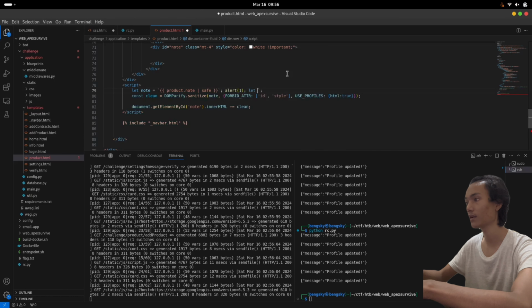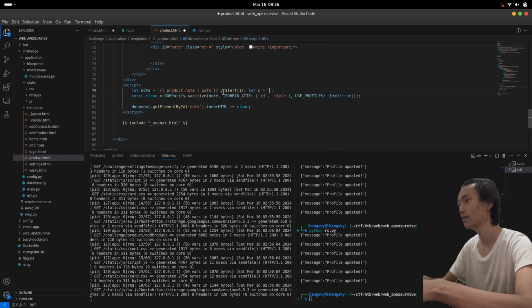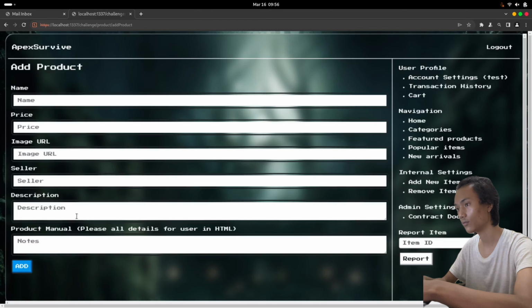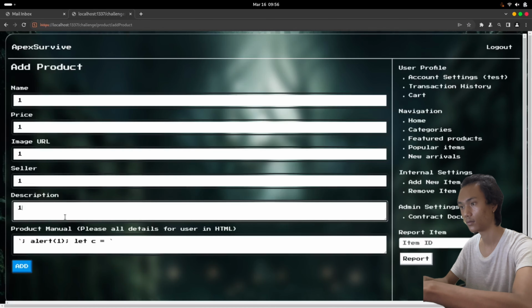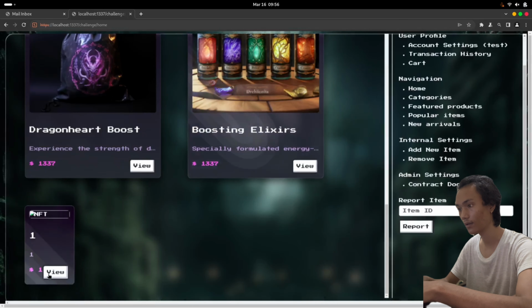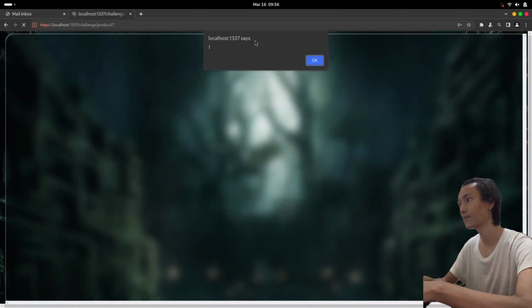Then we specify another one. The syntax will be like this. Okay, we can add it to the node. Product added, and then we can see the product, and yeah, our XSS injection was executed.